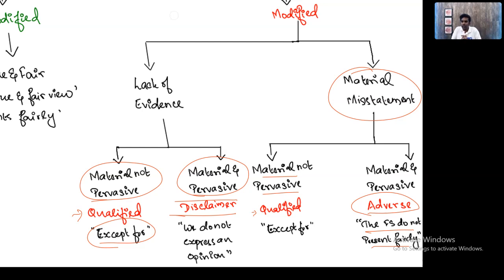Or it affects multiple areas of the financial statement. It's a pervasive issue. Pervasiveness means it's a larger issue. Multiple accounts or multiple areas are wrong, or there are problems with multiple areas or multiple accounts, then it becomes a pervasive issue. It's a much larger issue. Material itself means something is wrong, but pervasive means it's exorbitant. It's very large. It's quite huge. For the time being, you can just understand this.